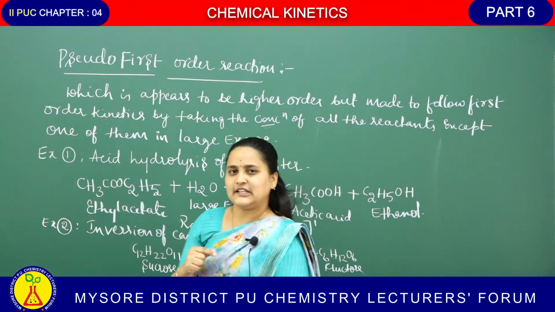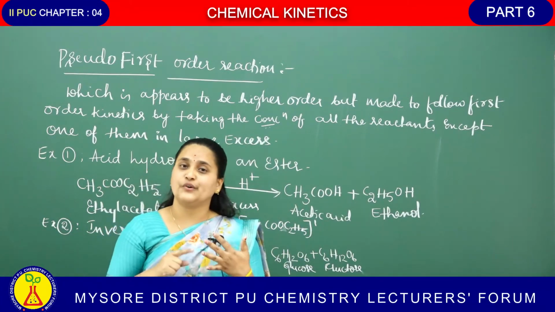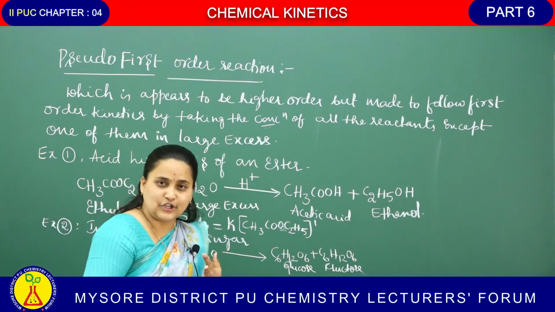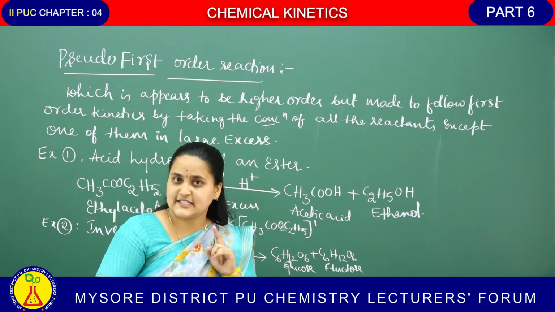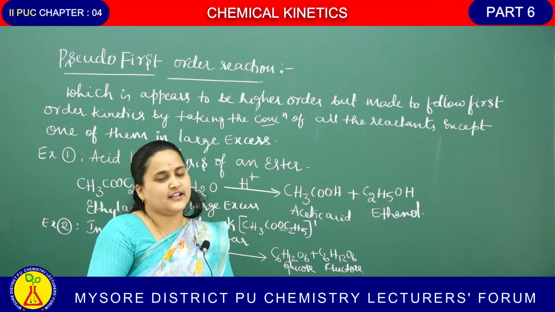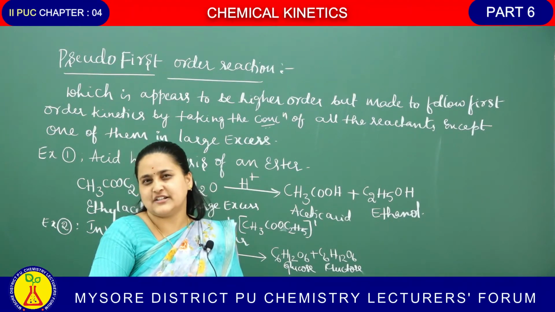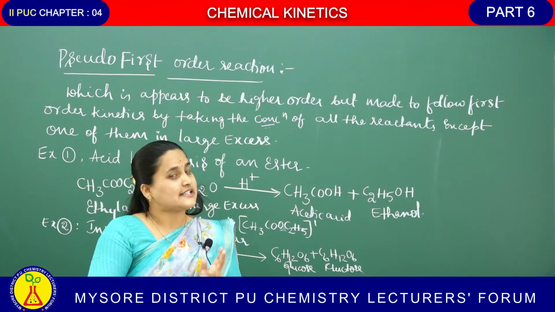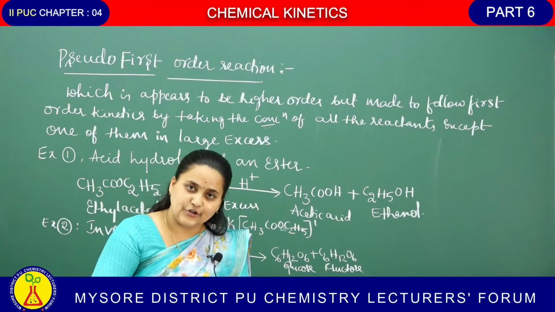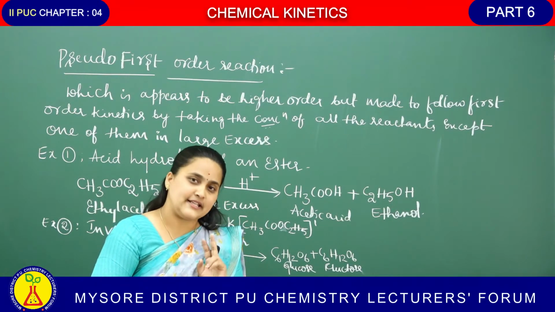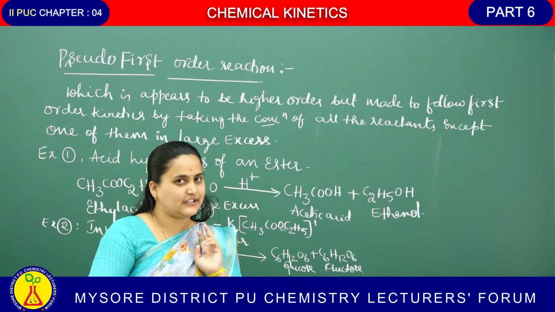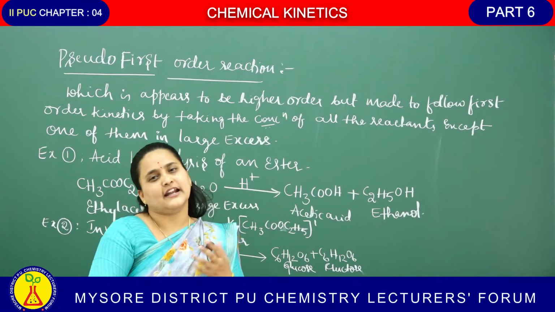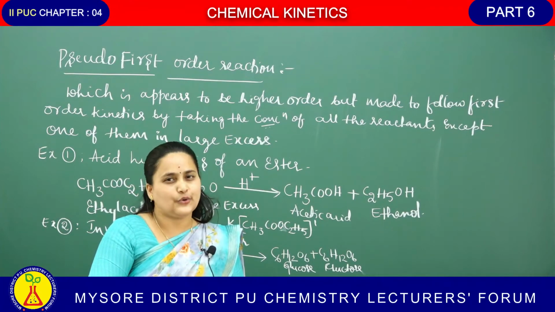ನಾನು ನಿಮ್ಗೆ ಆಲ್ರೆಡಿ ಒಂದು ಕ್ಲಾಸಲ್ಲಿ ಹೇಳ್ಕೊಟ್ಟಿದ್ದೀನಿ, ಡಿಕಂಪೋಸಿಷನ್ ಆಫ್ ಹೈಡ್ರೋಜನ್ ಪರಾಕ್ಸೈಡ್ ವಿಚ್ ಈಸ್ ಕೆಟಲೈಸ್ಡ್ ಬೈ ಅಯೋಡೈಡ್ ಅಯಾನ್ ಇನ್ ದ ಪ್ರೆಸೆನ್ಸ್ ಆಫ್ ಆನ್ ಬೇಸಿಕ್ ಮೀಡಿಯಮ್ ಫಾಲೋಸ್ ಸೆಕೆಂಡ್ ಆರ್ಡರ್ ಅಂತ ಹೇಳ್ಕೊಟ್ಟಿದ್ದೆ. ನೆನಪಿದೆಯಾ? ಎಲಿಮೆಂಟರಿ ಕಾಂಪ್ಲೆಕ್ಸ್ ರಿಯಾಕ್ಷನ್ ಡಿಸ್ಕಸ್ ಮಾಡಬೇಕಾದ್ರೆ decomposition of hydrogen peroxide which is catalyzed by iodide ion in the presence of a basic medium which follows second order kinetics. First order with respect to the hydrogen peroxide and first order with respect to the iodide ion.